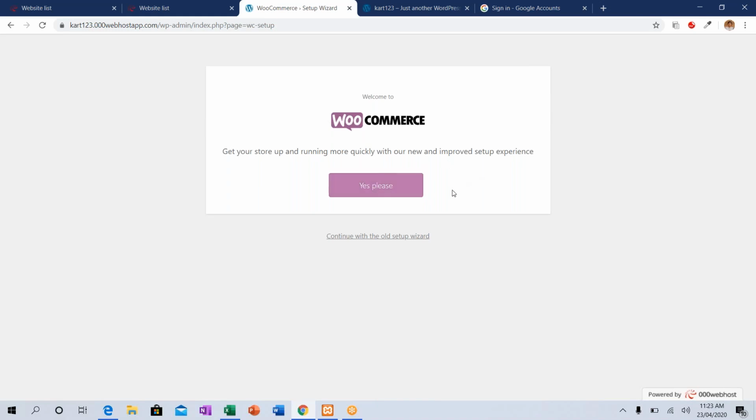We have to set up for this. After clicking WooCommerce, you will get this particular page pop out. Have everyone got this one? If it is activated, you will get this particular page, a purple and white combination, a beautiful page.